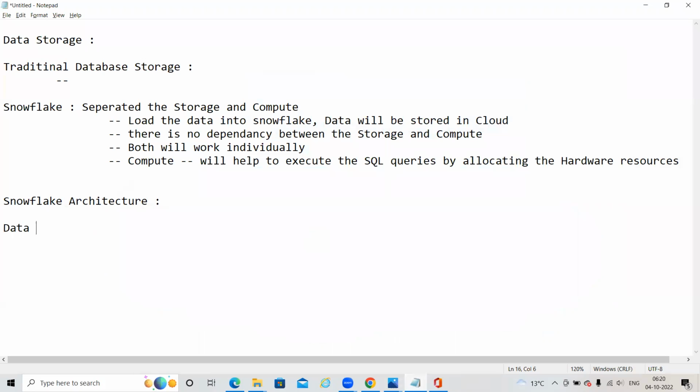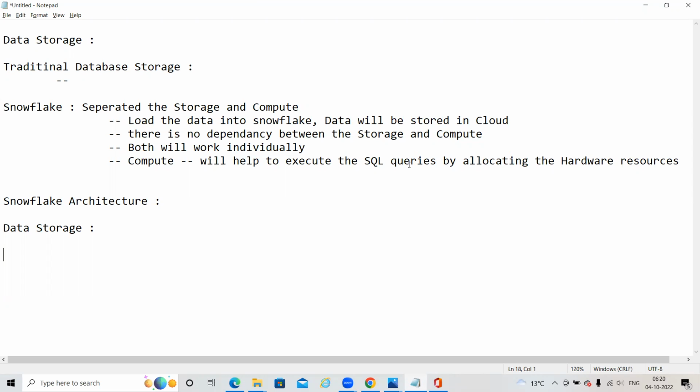First one is data storage. So here, when the data is loaded into Snowflake, it is reorganized into multiple micro partitions that are internally optimized, compressed, and stored in columnar format.